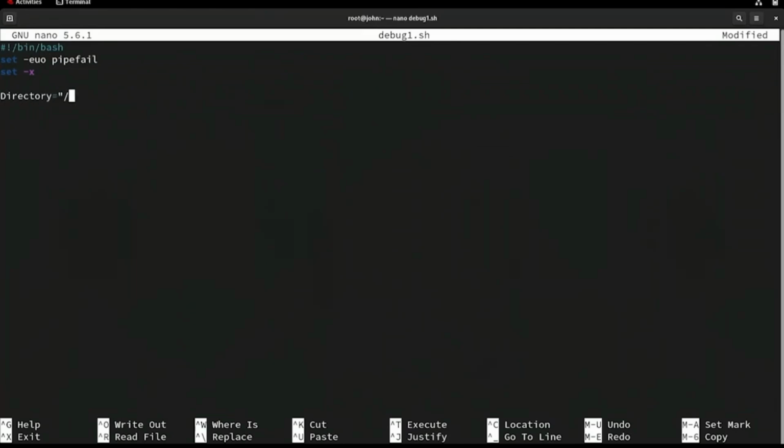Press enter again and type directory equals within double quotes. Type /tmp/test. Here we store the directory path in a variable called directory. Press enter again and type mkdir dash small p within double quotes. Type $directory. This creates the directory, and with dash small p, it won't show an error if the directory already